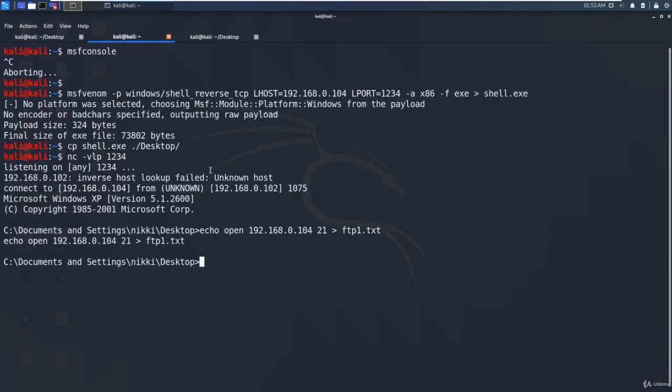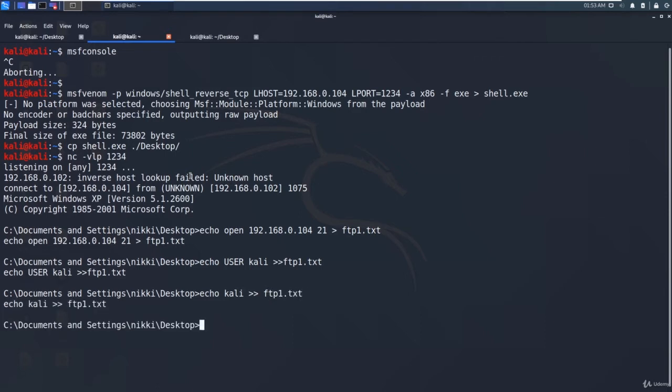All right, now let's say echo user, and let me type the password. Now let me change it to binary mode. And then we are going to use the get command to get the executable.